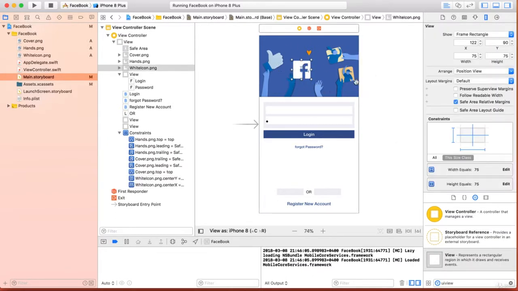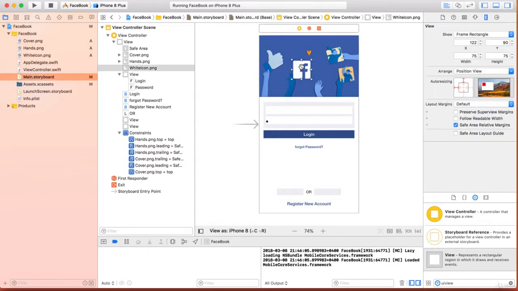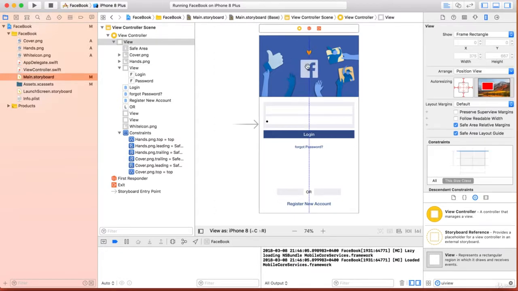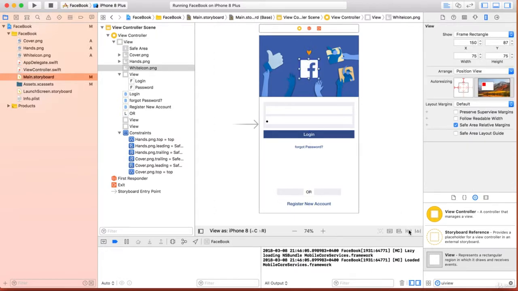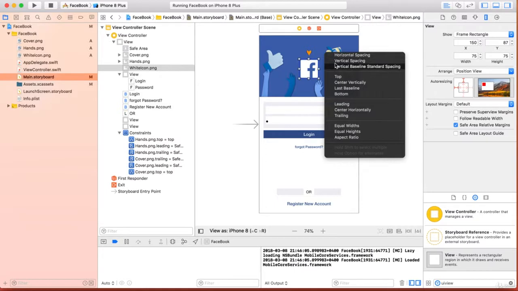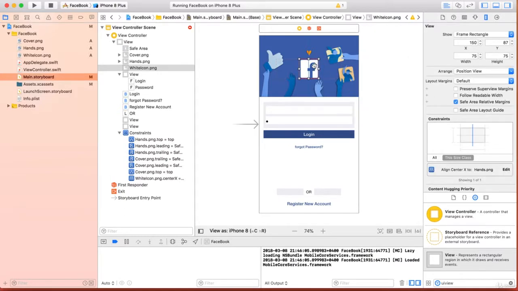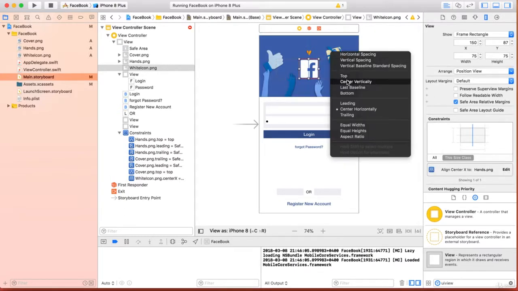Otherwise, it will remove all the constraints of all selected views. So clear constraints of the logo. We'll just drag it to be centered like this, and we will do it again. Hold Control from the Facebook logo with the left mouse click, drag, release it to the object behind it. We select center, let's say horizontally, and we're doing the same, and we select center vertically,